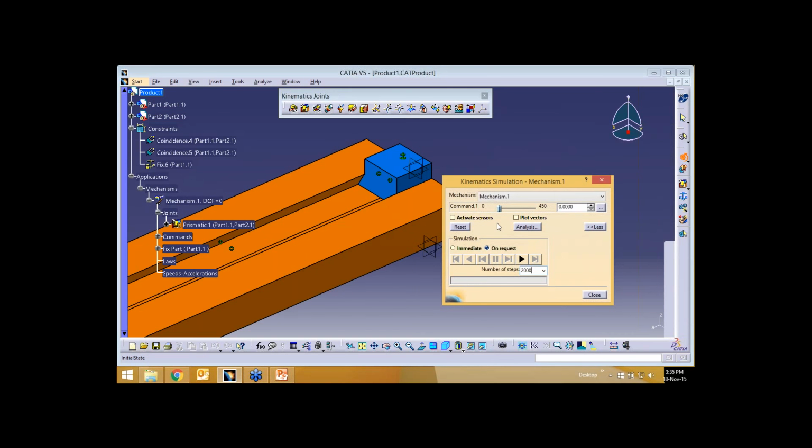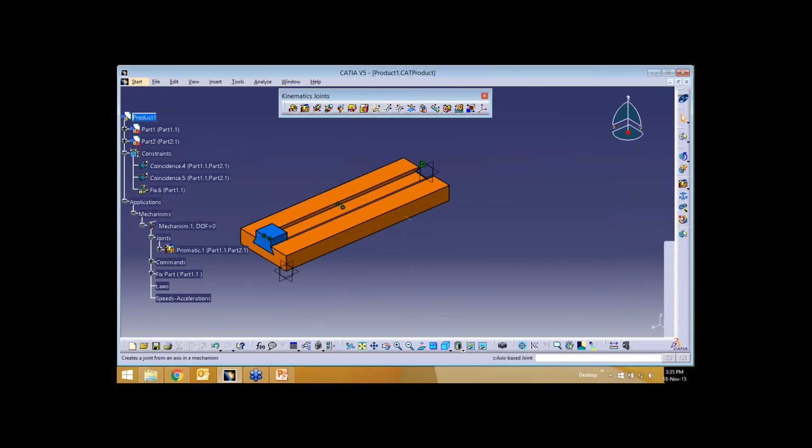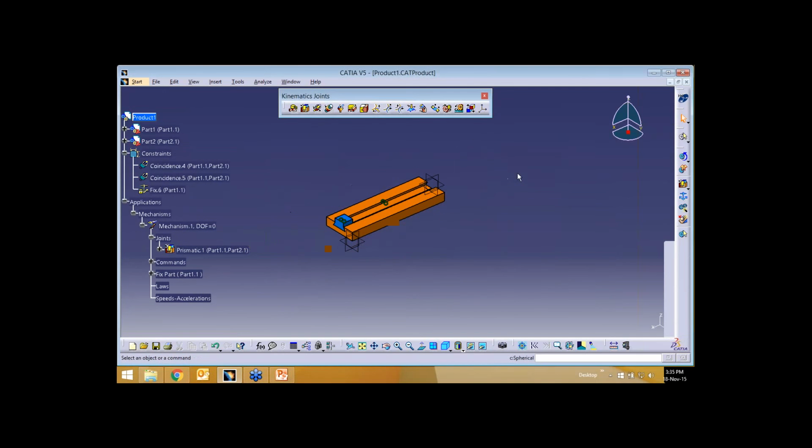So we have seen all the prismatic joints. We'll move to the next commands. I'll say close, and I'll go and open prismatic. So now this is a cylindrical joint. If I just expand this,